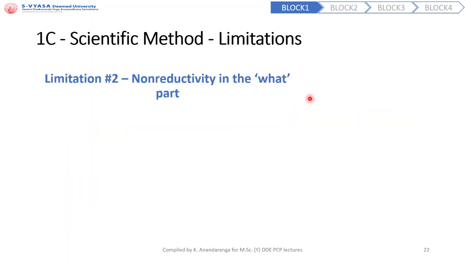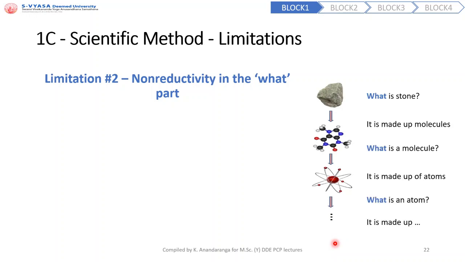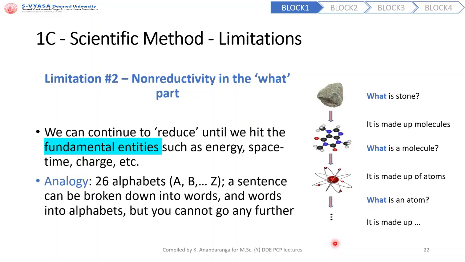Now that we understood the terminologies, limitation 2 says that there is non-reductivity in the what part. Using the first example that we talked about, if you start with what is this? It is a stone. What is this stone? It is nothing but a bunch of molecules. What is this molecule? A bunch of atoms. What is each atom? You keep going like this until you reach a point where you do not know what more to say. So you continue to reduce until we hit fundamental entities. In the world of science, these fundamental entities are